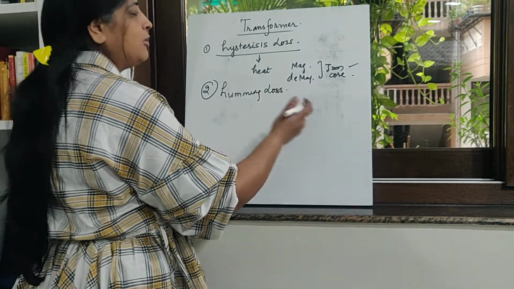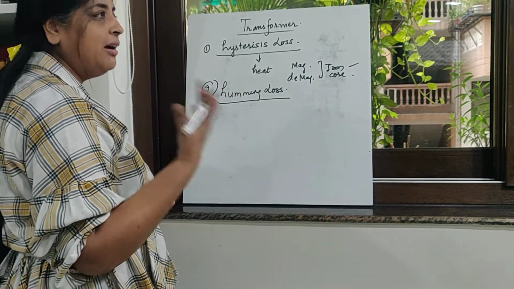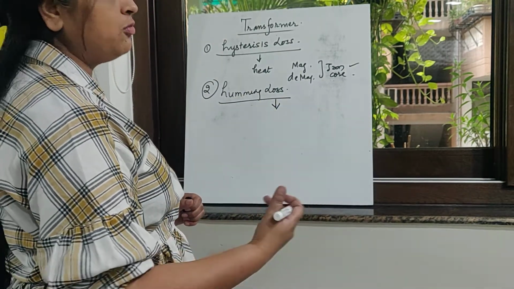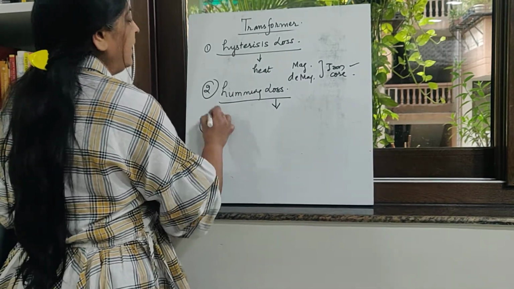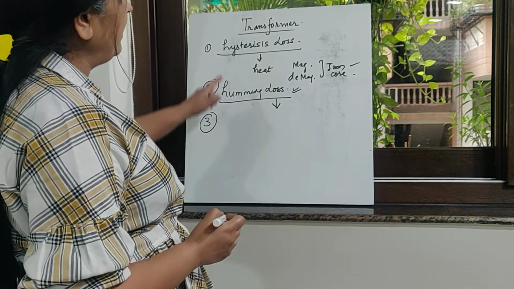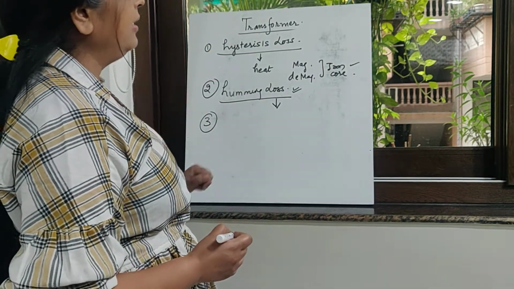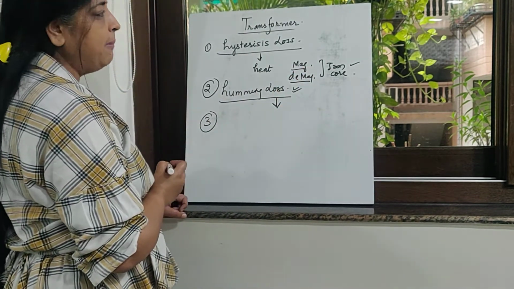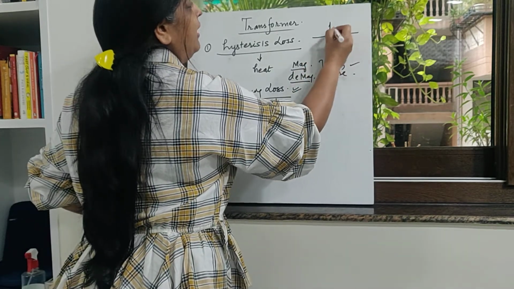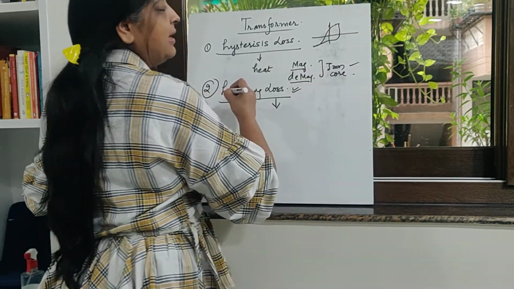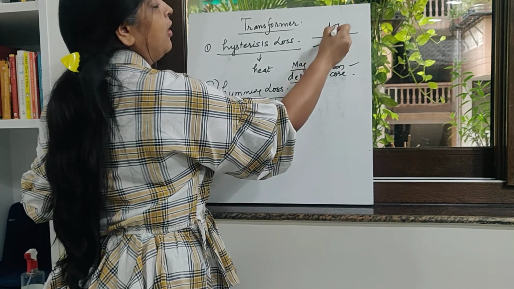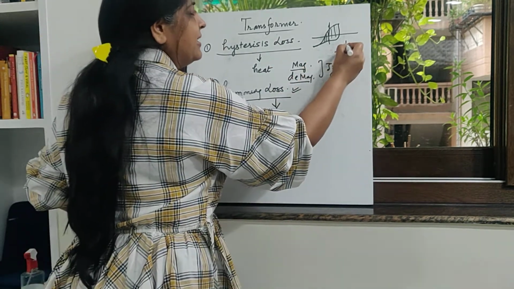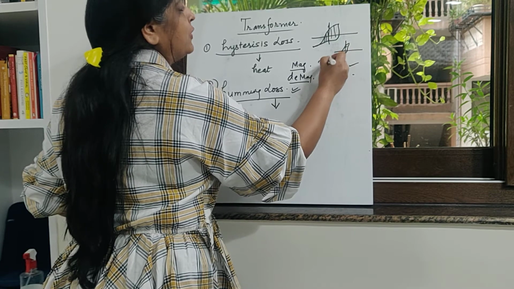Whenever you are able to hear a sound, this is a loss, because some of the energy is being wasted into that. So the other loss is humming loss. We cannot do anything about this, but we can certainly do something about the hysteresis loss, and I will let you know what. Because hysteresis is due to the magnetization and demagnetization of the sample, we have already learned the curve for hysteresis. Hysteresis losses are very small if the curve is thin, with small retentivity and coercivity, and this curve has a very small area for soft iron.